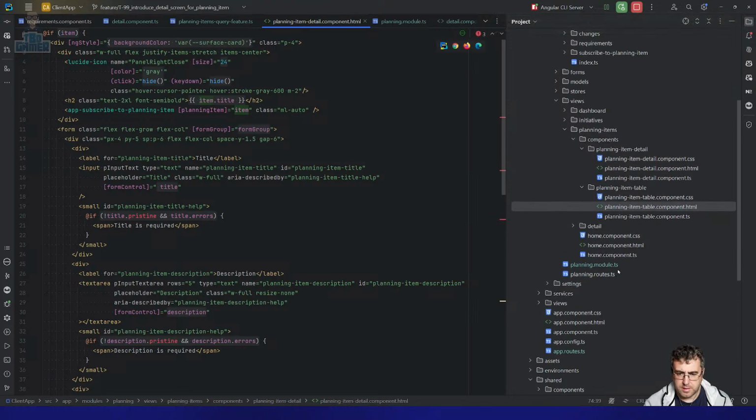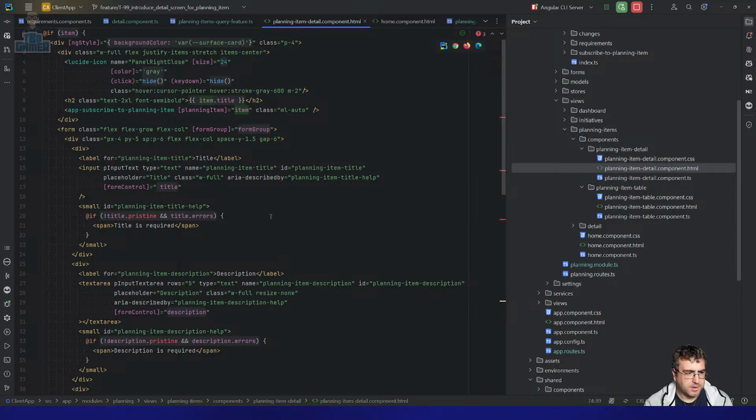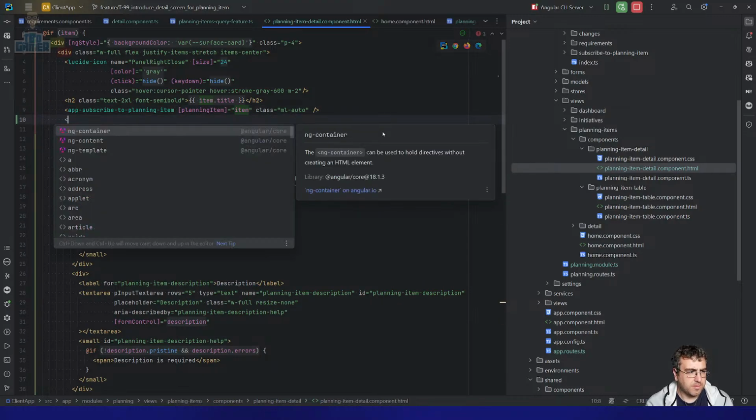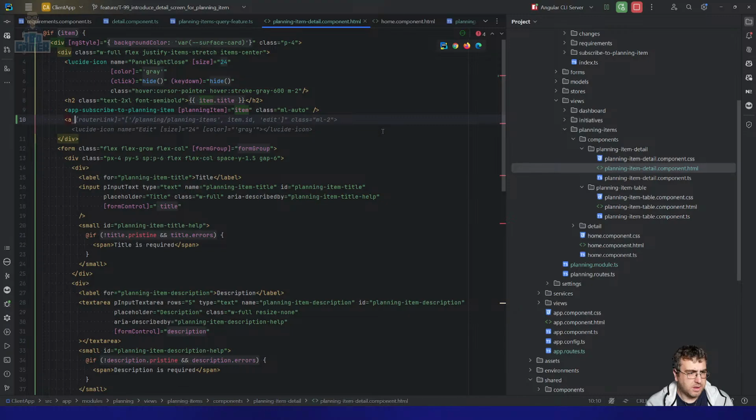That's that. And then the home component puts them together. Well, planning item detail. App subscribe to planning item. So this would be a, that'd work. I mean, it's not that, but